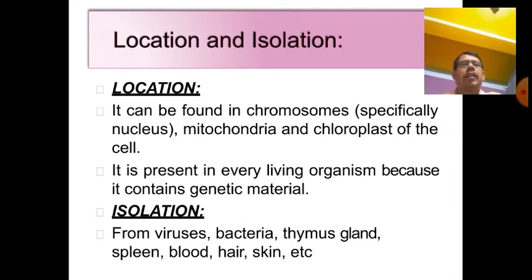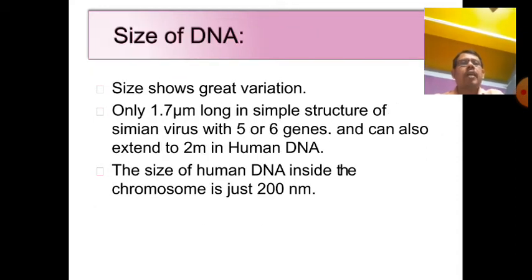What is the location and isolation? It is found in the chromosomes, and in the mitochondria and chloroplast of the cell. It is present in every living organism because it contains the genetic material. It can be isolated from virus, bacteria, thymus gland, spleen, blood, hair, skin, etc. Size of the DNA: